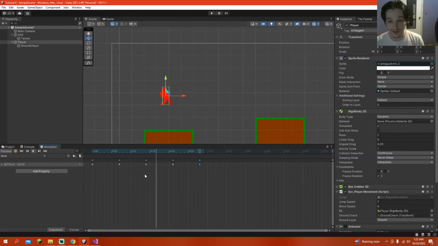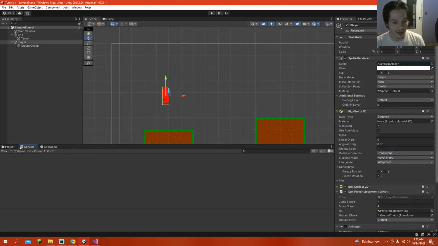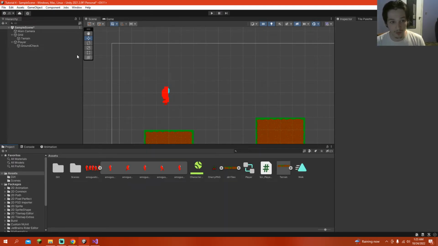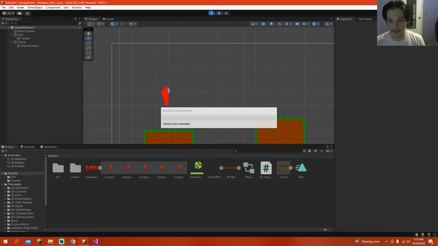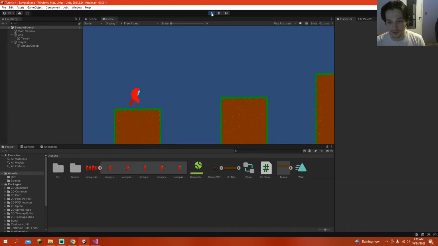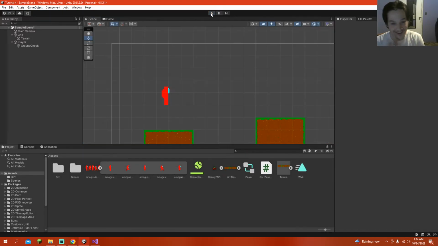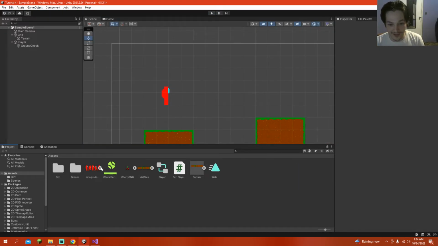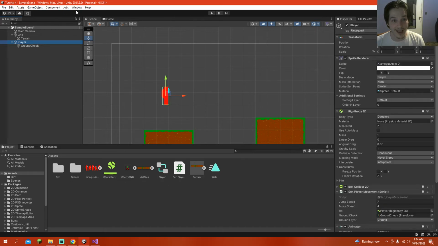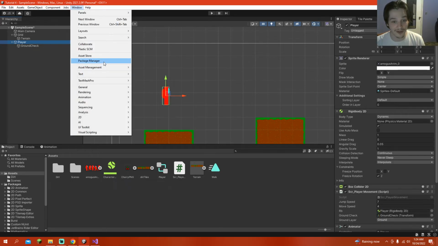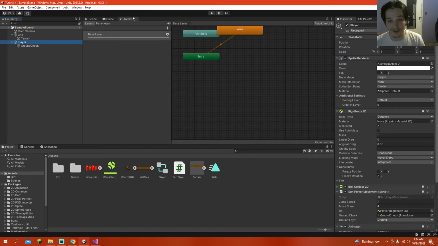Okay, so with this animation complete, let's actually make it work. Is it working by default? Okay, so now he's just always running, but we don't want that to be the case. It looks really good, by the way. I'm touting my own artwork. Anyways, let's work with not the animation window, but the animator window,